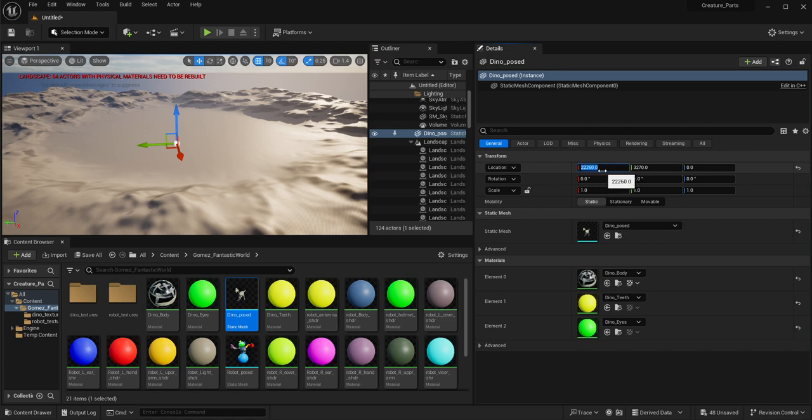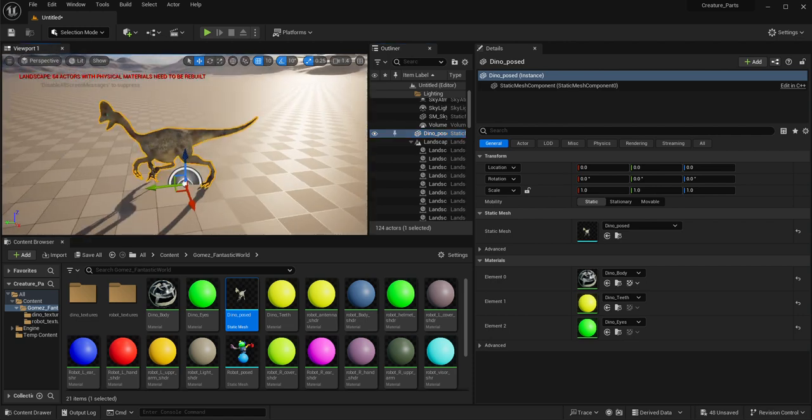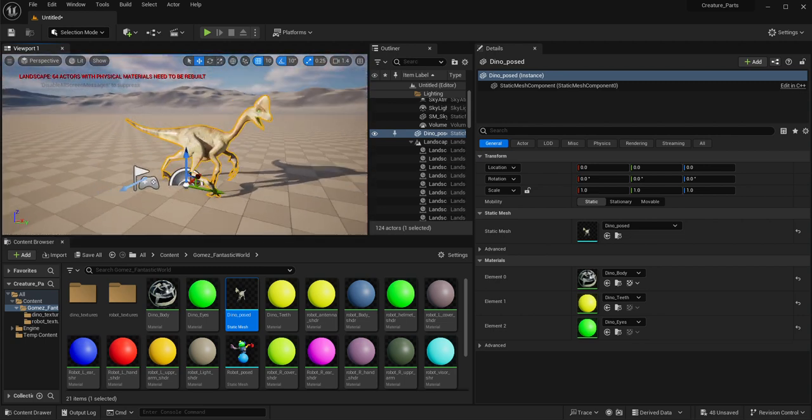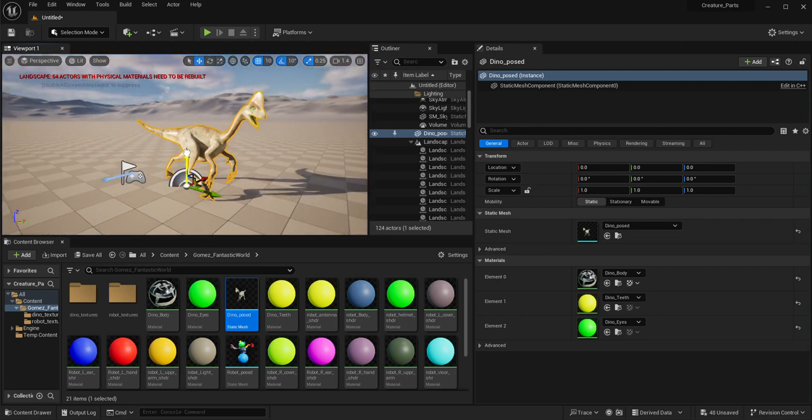I'm going to put the location at 0, 0, 0, so that way it puts the creature on the right spot. I can click on it here, go to the viewport, and press F, and my creature gets framed right there. So I can now look at it,